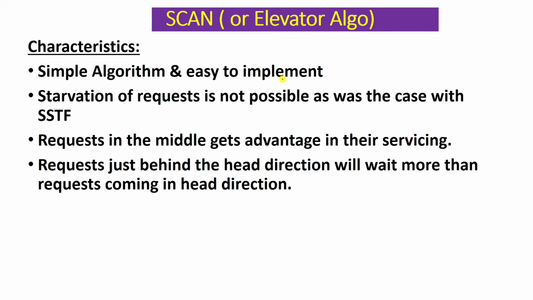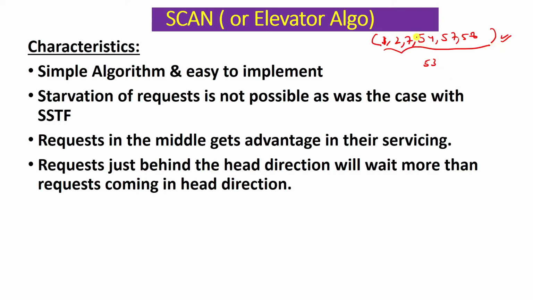To practically implement this algorithm, we just have to take the input output request queue and sort it. Let's say we are at the 53rd position, and we got the IO request queue in sorted order, after applying a sorting algorithm. Let's say here it is like 54, 57, 58, and here it is like 3, or 1, 2, 7. In this way we will get a sorted IO request queue.